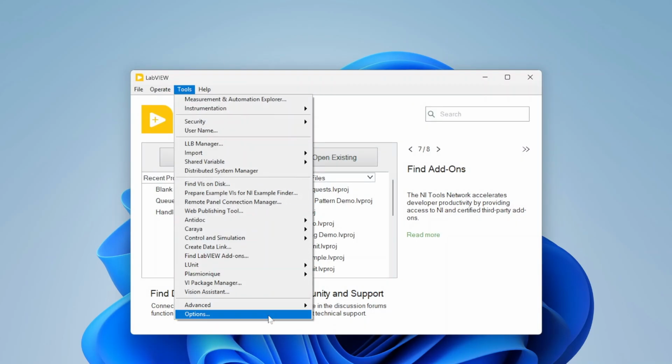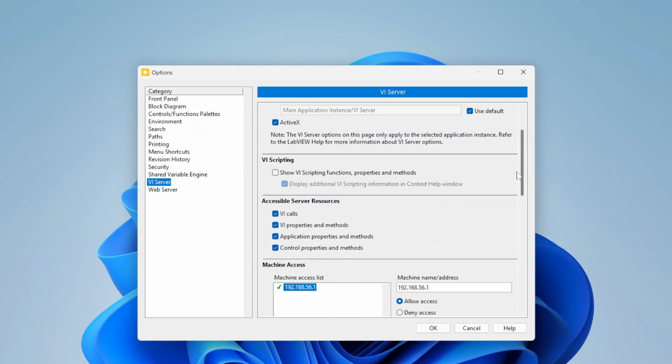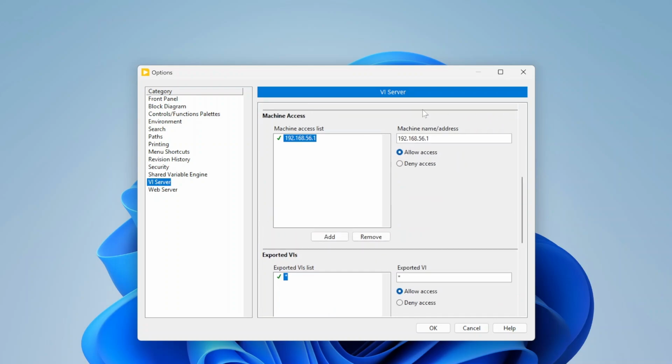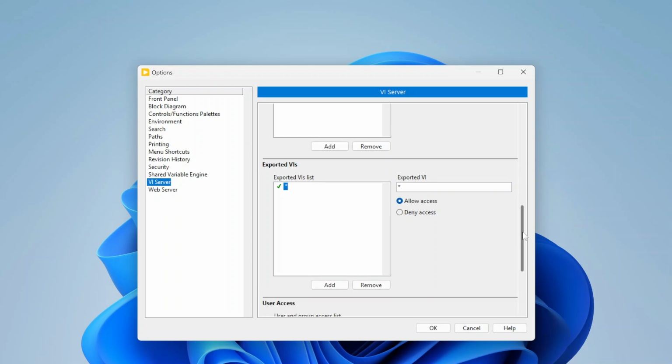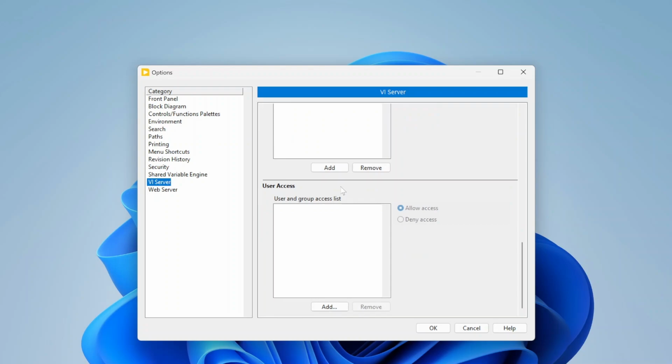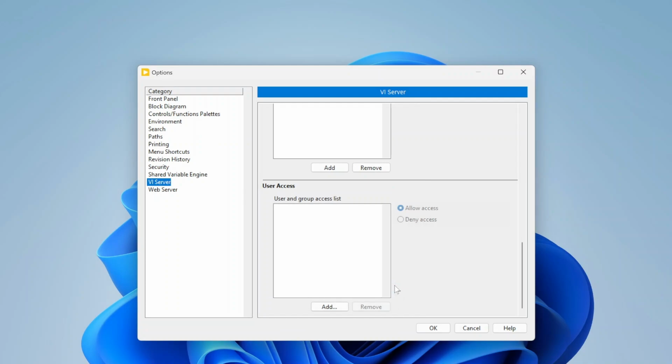Accidentally closed out of that, sorry. If there is a certain machine that you need to add, then add that machine specifically so that machine has access. And the same thing goes for exported VIs. You can add access to specific machines. As you can see, by default, it's wildcarded, meaning anyone can do that. And you also can add access for specific users and groups and whatnot. So you can connect on your domain to either certain user groups or to certain users. I never use this feature, so